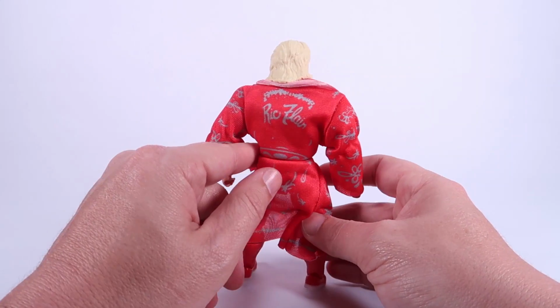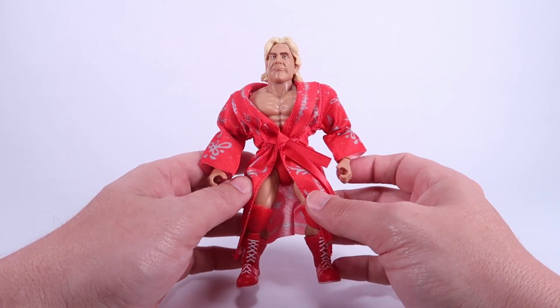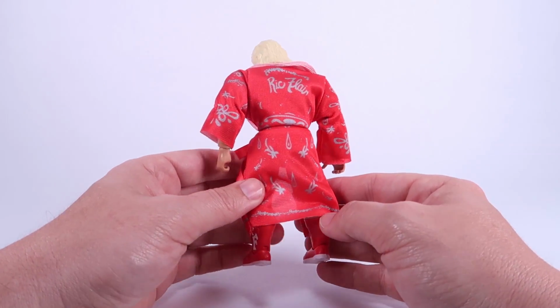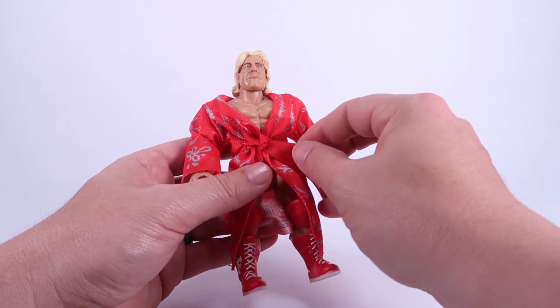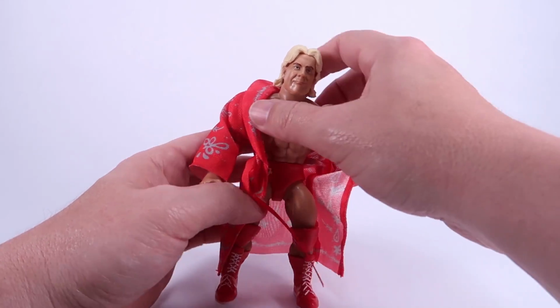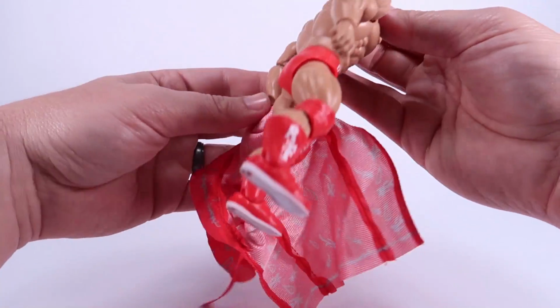So of course, removing those sunglasses, we get that great Ric Flair head sculpt with the long flowing hair like we saw him in the 80s there. And we've got this really great fabric Ric Flair robe. Now, of course, the robe is removable. There's actually just a tie on the front, so we can untie the robe,